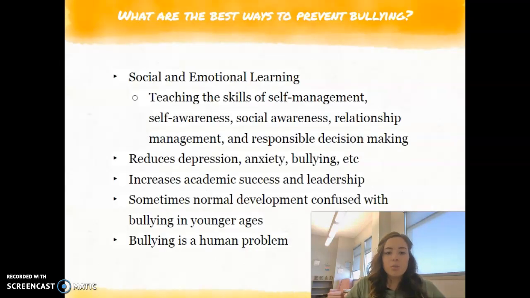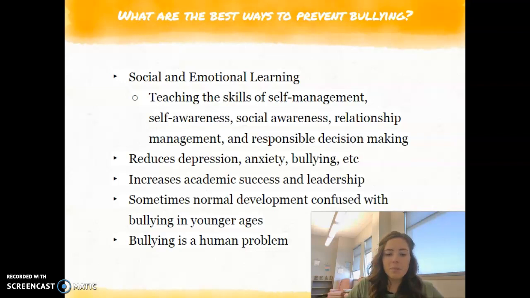And then social and emotional learning, we need to be able to teach the skills of self-management, self-awareness, social awareness, relationship management, and responsible decision-making, which can all help lead to less bullying. Okay? And it reduces depression, anxiety, bullying, all those similar things, while also increasing academic success and leadership throughout the